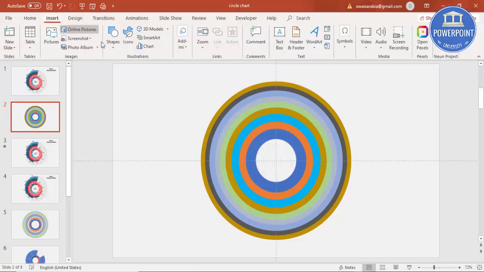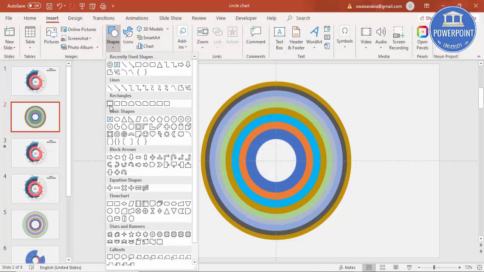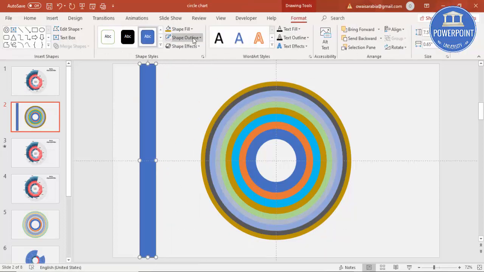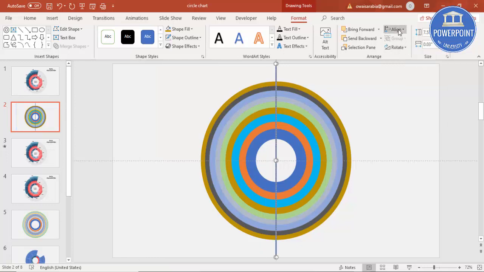For that, go to Insert Shapes and select a rectangle. Draw the rectangle from top to bottom. Shape outline, make it no outline, and the width you can make it 0.03, and align center, align middle, and using the Alt and the right arrow key I'm going to just rotate